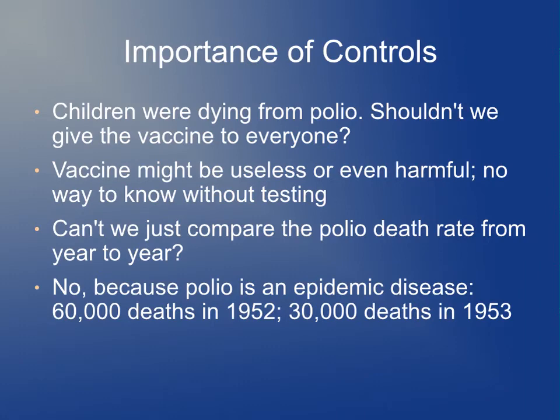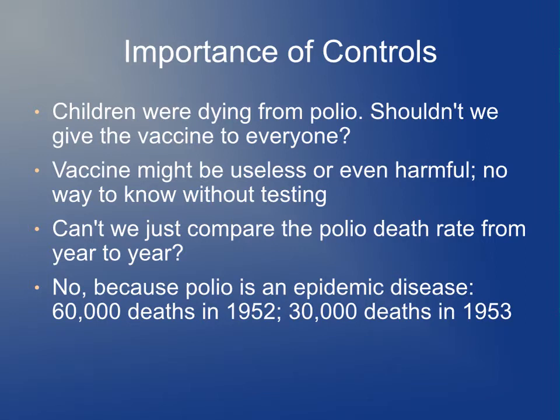Well, the first thing that you need to do in virtually any type of experiment, you need controls. One might think, okay, well, there's children dying of polio, tens of thousands per year. Shouldn't we be giving this vaccine to everyone to reduce the number of deaths due to polio? Well, that's problematic because maybe the vaccine doesn't do anything. Heck, maybe the vaccine even makes things worse, that makes you more likely to die of polio or kills you as a result of side effects. There's no way we can tell this without testing, which is why any type of drug or any type of science in general, you need to do an experiment, just test to see if it'll actually work.